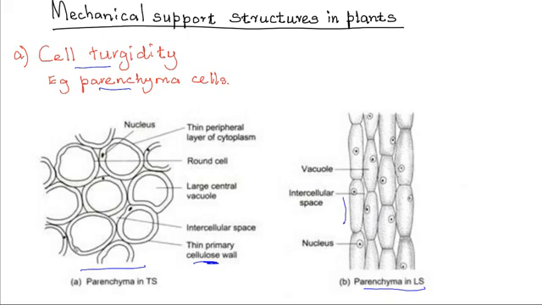When these cells are turgid, they become tightly packed and rigid, thus providing support, enabling the plant to attain an erect posture. So whether it is the stem or the leaves, it is the turgidity of the cells that provides the support to enable the plant parts, organs, to carry out their function. So parenchyma cells, when turgid, provide mechanical support